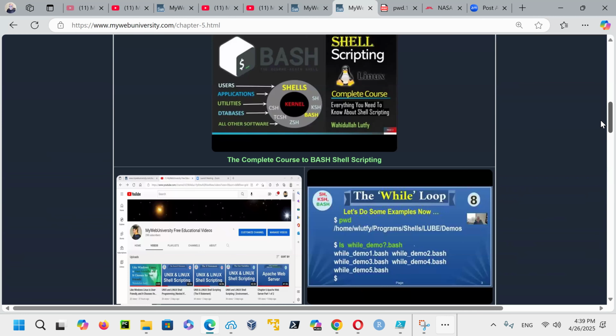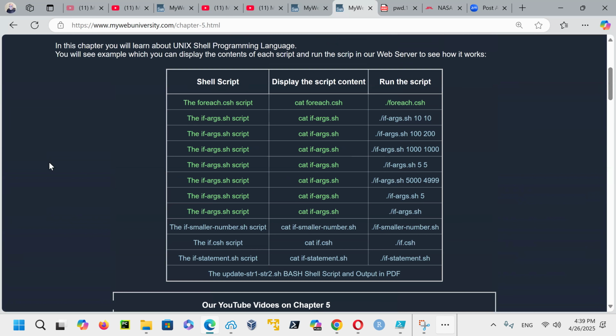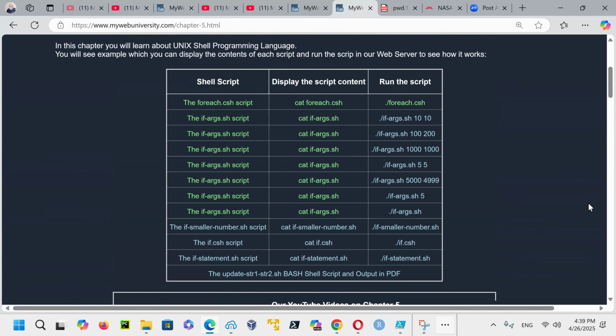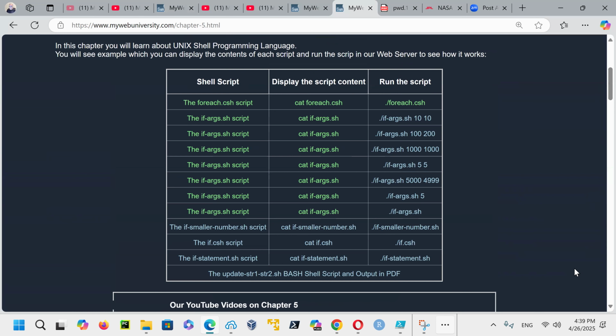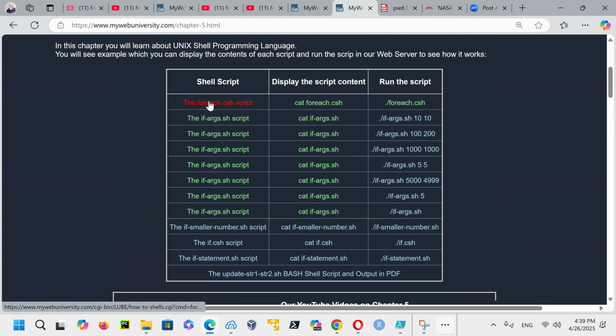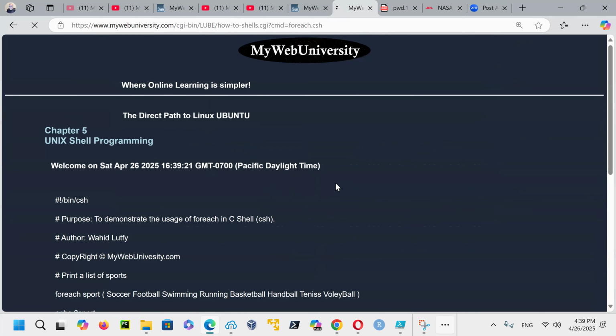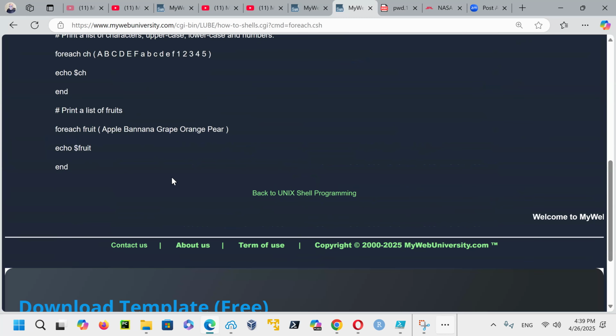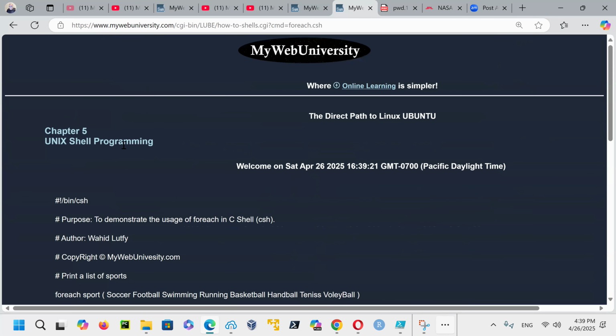So let me just show you on this chapter, for example, some of the shell scripting. In order to execute some shell scripting, I wrote this chapter entirely to show you how you can use a website to just show the actual script here. And this is the actual script, whatever the foreach statement is.